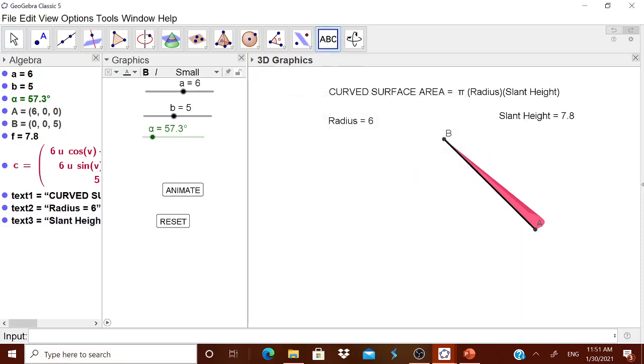Now in the input box you can type it also, CSA is equal to 22/7 multiplied by a, small a, multiplied by f. Therefore radius multiplied by pi into slant height. Enter.